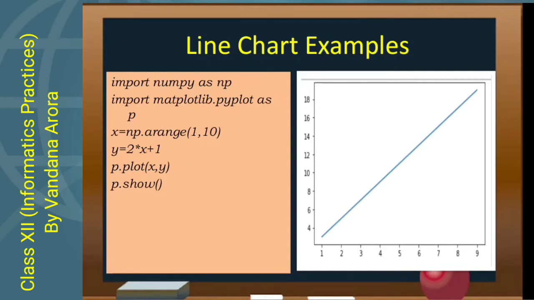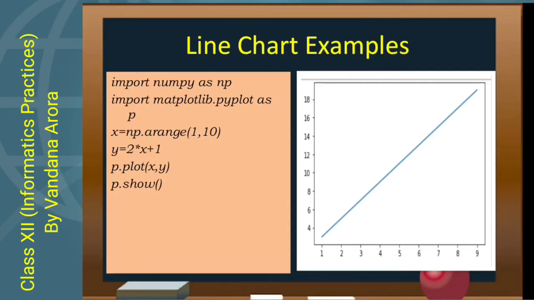Then we plot the graph with the help of the plot function. p.plot(x, y). Here x will be plotted on the x-axis and the second parameter y will be plotted on the y-axis on the 2D plane. Then I have used the function p.show. This show function is compulsory to write in standard Python, otherwise output will not be displayed on the screen.